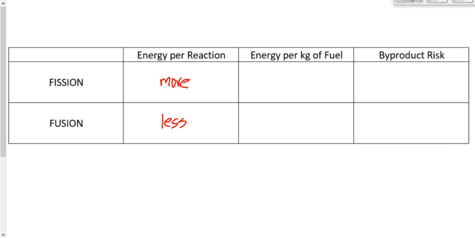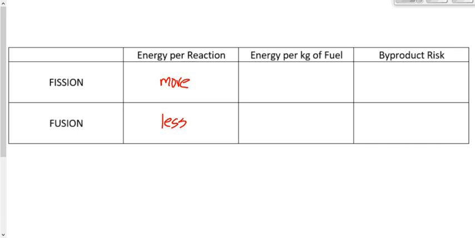So if you have one nucleus of uranium-235 and it is bombarded with one neutron, and you get these two products out of it plus some extra neutrons, that energy will be greater than the energy produced in that single fusion reaction. So were they taking a step backwards to develop the H-bomb in 1952? No, it generated more energy than the fission bomb did. So how do we justify that?